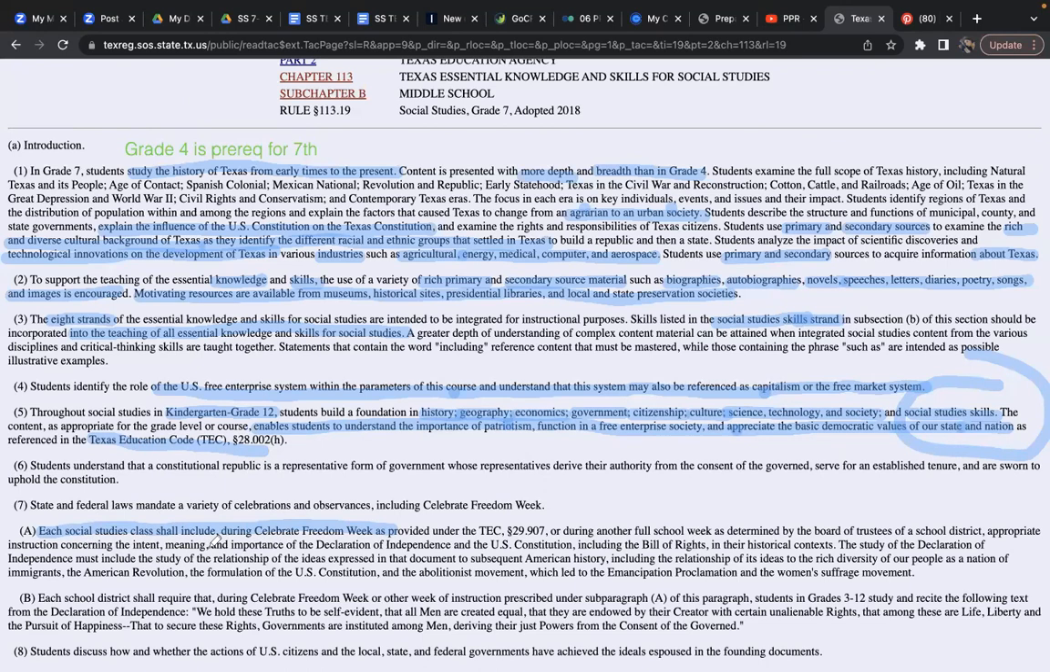It reviews the meaning and importance of the Declaration of Independence, the U.S. Constitution, the Bill of Rights. The study of the Declaration of Independence must include the study and the relationships of ideas expressed in the document and subsequent American history. This takes place every single year except in kindergarten. Each district shall require that during Celebrate Freedom Week or the other week of instruction as prescribed, like if you had to change the week and it's not the one they said,